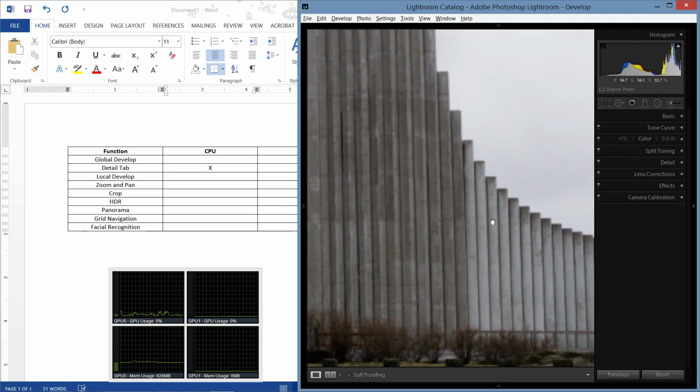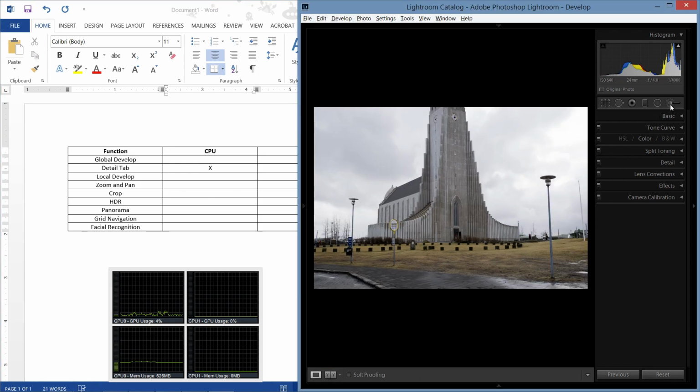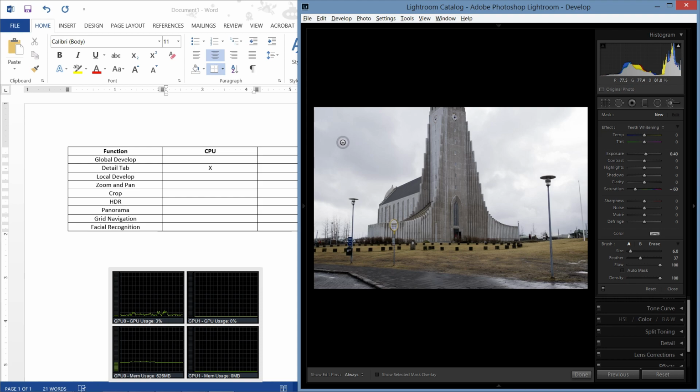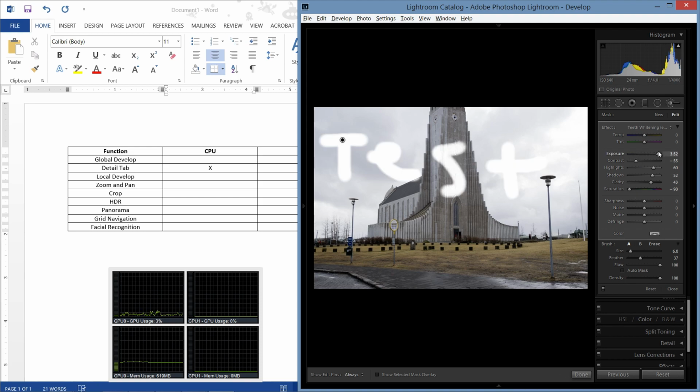So now I'm going to go over to the local adjustment. So let's go into this brush. I'll just try painting the word test on the image, and we'll see what happens after we make this difficult. I'll just change all these values here. Actually, let me leave the sharpness in this alone. So without the sharpness,